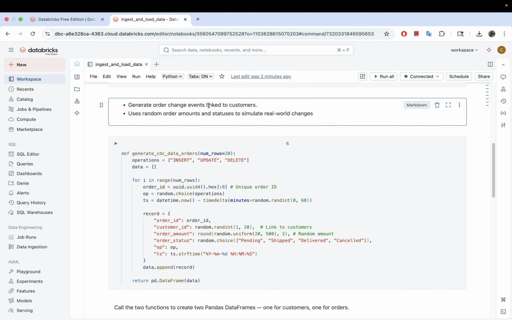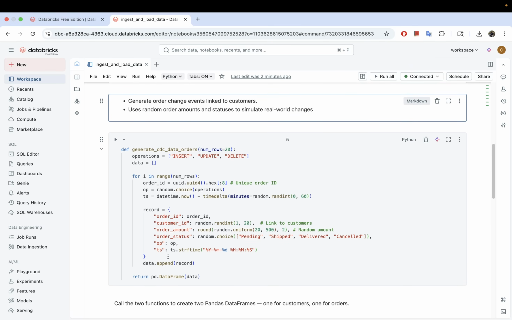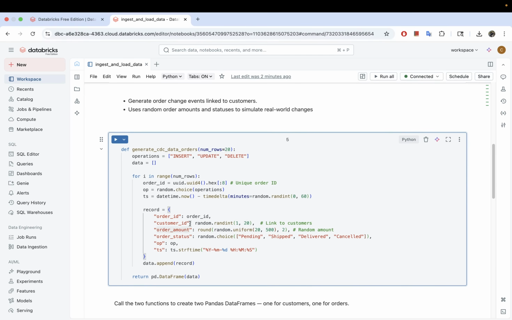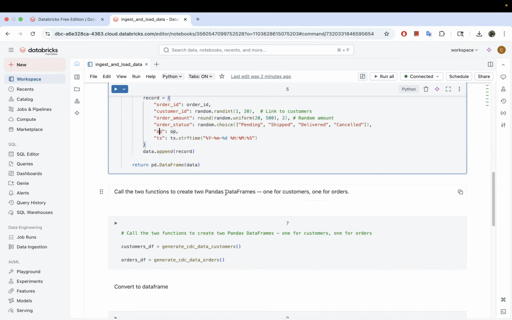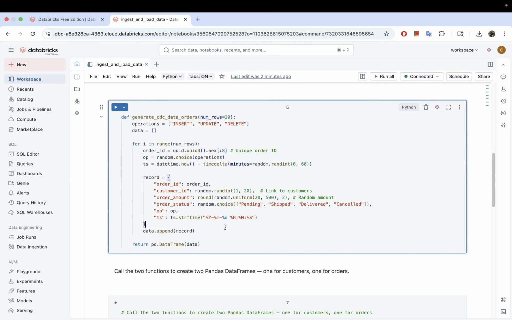So it's kind of similar with the other one, and in this case we are also going to be generating 20 rows for order IDs. And we want to link this back to the customer, so we have to have a customer ID in our records if we want to do joining later, right? So assuming a certain customer ordered a certain item, you want to have the customer ID for whoever ordered it, right? So that's what we are doing here. The order amount, order status, operation, and the same thing with what we had on this other table, right? So very basic. So I'm going to go ahead and